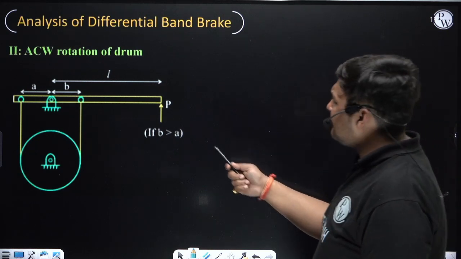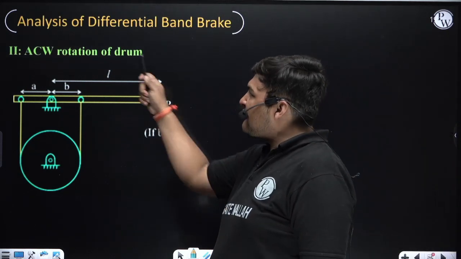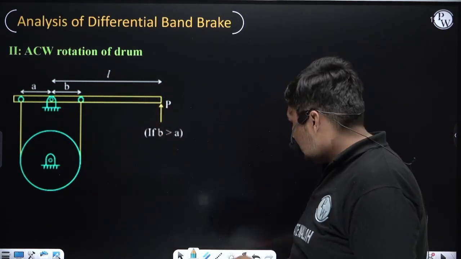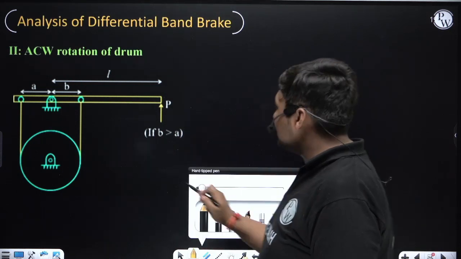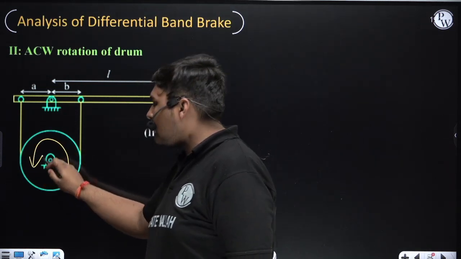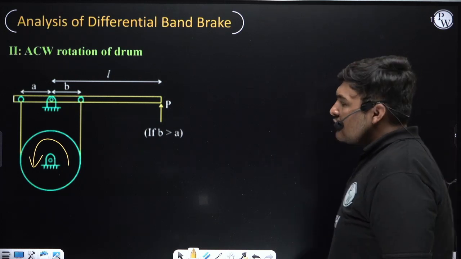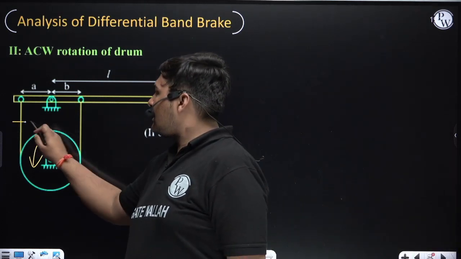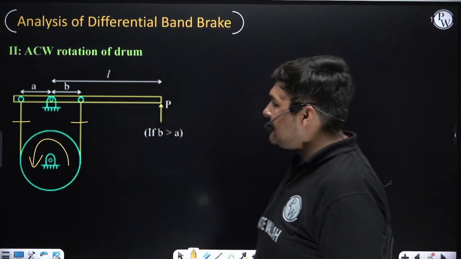Same case, and B is greater than A, but for anti-clockwise rotation of the drum. Means right now the drum is not rotating clockwise, it is rotating anti-clockwise. Now to do the analysis of this condition, we will cut this band from both sides and draw the